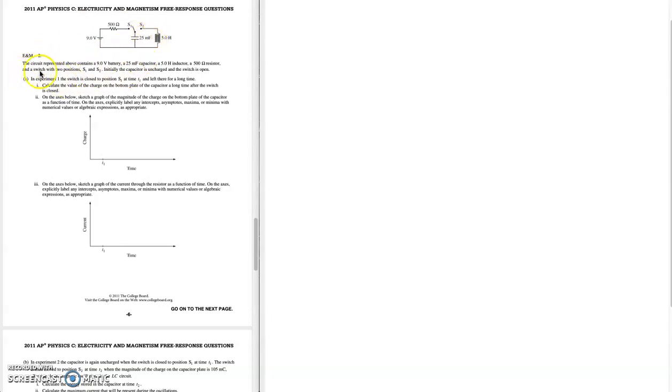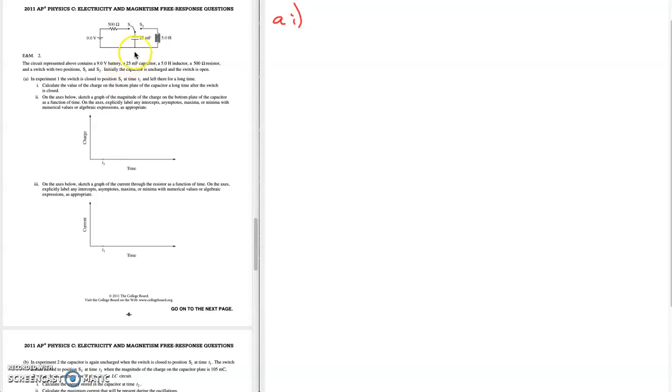But starting with part 1. So we're going to close the switch to S1 and the current is going to go through the resistor and then deposit charge on the capacitor. Kirchhoff's loop rule says we go up the battery, down the resistor, and initially there's no voltage across the capacitor, so the resistor gets all of the voltage drop, and eventually that will switch and the capacitor will have all of the voltage drop. So for part 1,